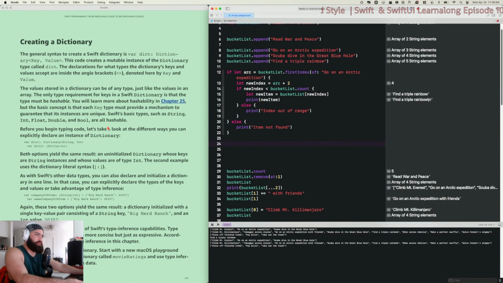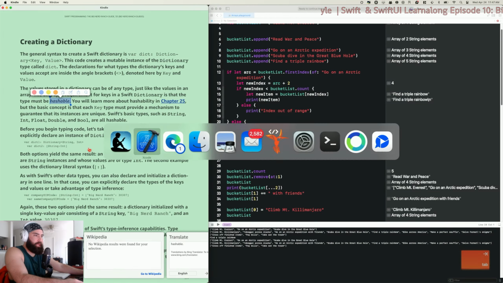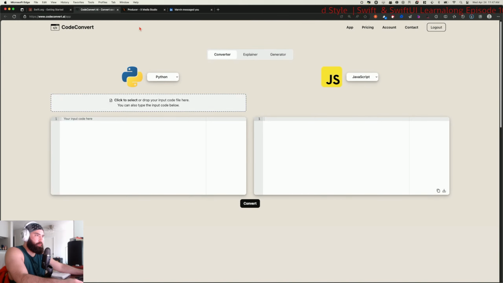Interesting. So you can have types on both. The values stored in a dictionary can be of any type. Oh, the values stored in a dictionary. Just like the values in an array. The only type requirement for keys in a Swift dictionary is that the type must be hashable. Hashable. Yeah, I wouldn't know what